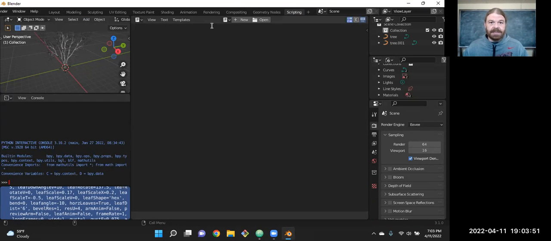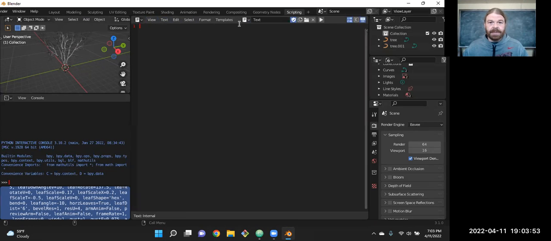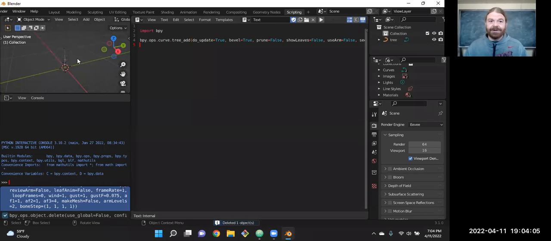I'll copy this into a new script. I know I need to import bpy, and I'll paste that instruction. Then delete this and make sure it works when I have just one of them.